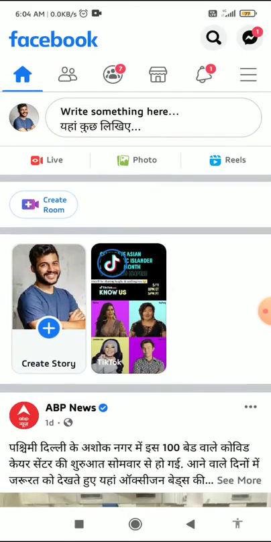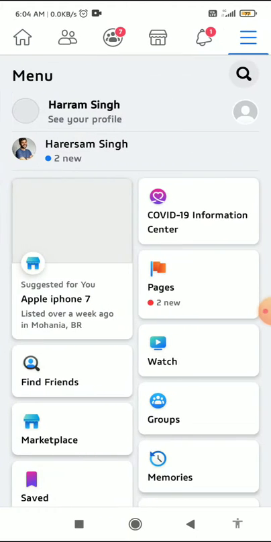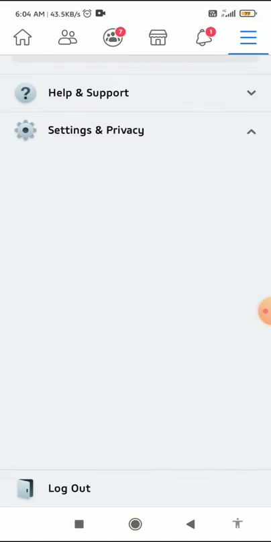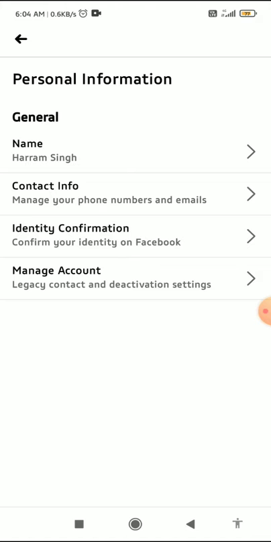The very first thing you have to do is click on these three horizontal lines in the top right corner, and click on Settings and Privacy, and then go to Settings. Here you can see Update your personal information. Here you can update your name or phone number. So we have to update the name, so click on the name, and here you can see,